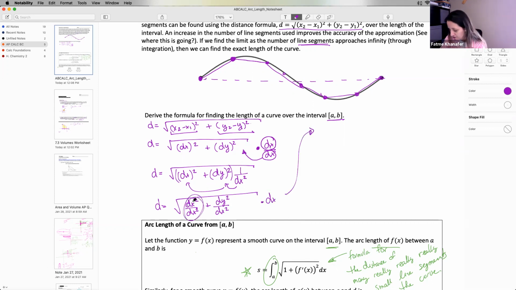And then, of course, dx squared over dx squared ends up giving us a 1 plus dy squared over dx squared stays as dy over dx, or the derivative squared, times dx. So right here, this formula gives the distance